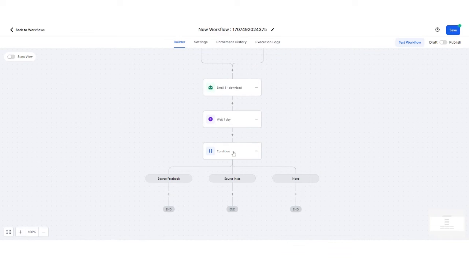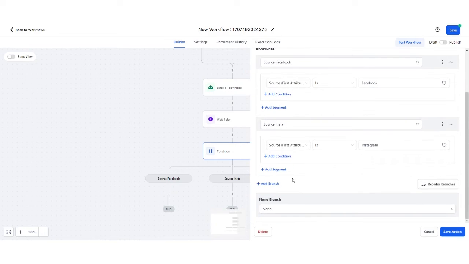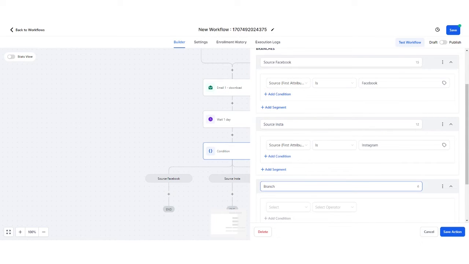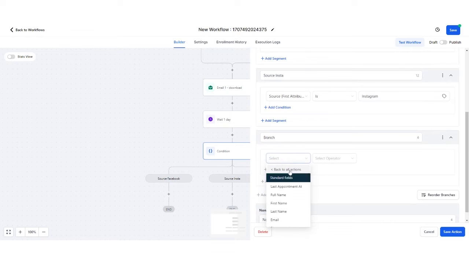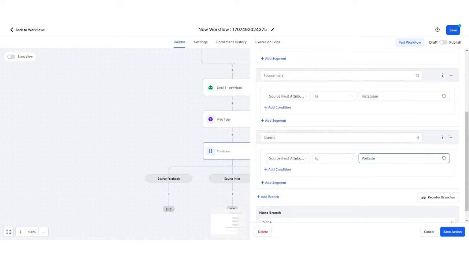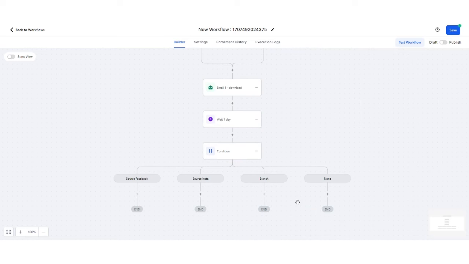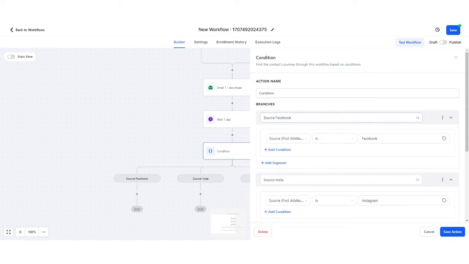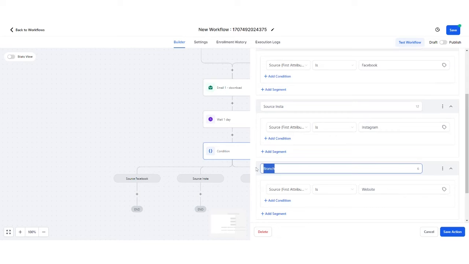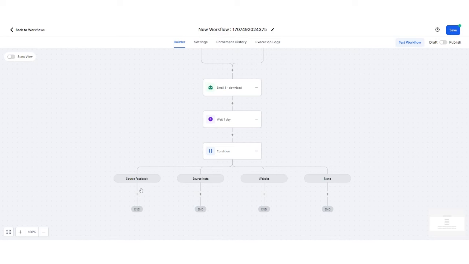So what I got now is that it gets to here, and if the original source that they came into my system is via Facebook, then that way, Insta that way. What I should do is, because this is a form, I should say that this should be source is website. Just there. Save. Now, as you can see just here, this hasn't saved there. So my branches, I've named my branches. This one hasn't been named. There. So if they found the form on Facebook, it's there, source Insta there, or the website there, and then